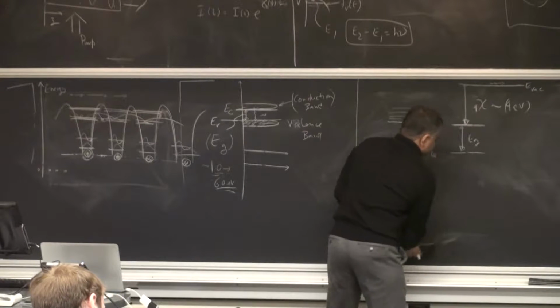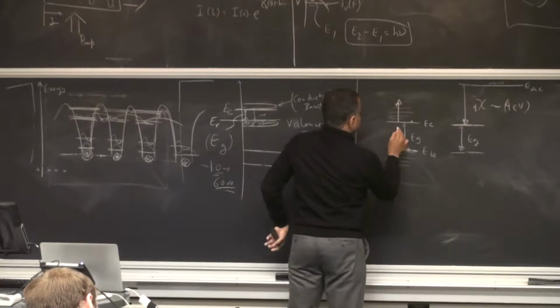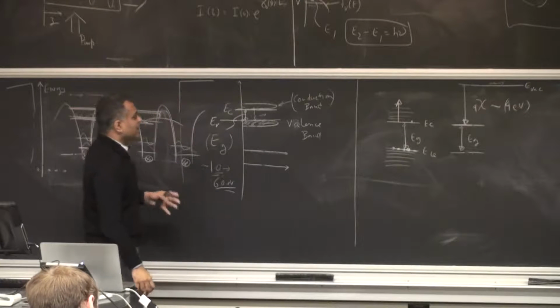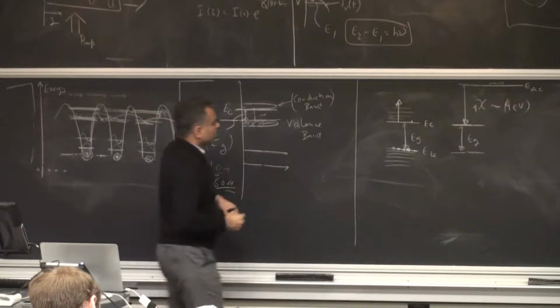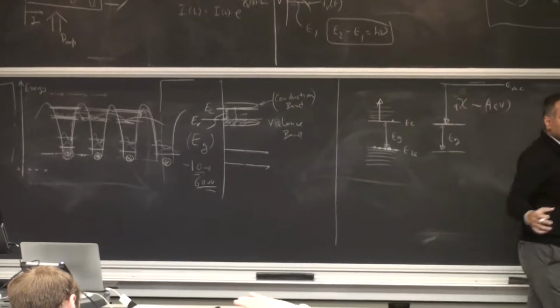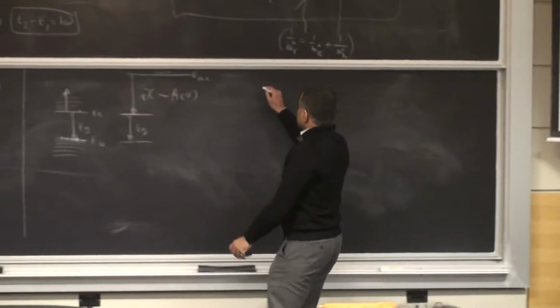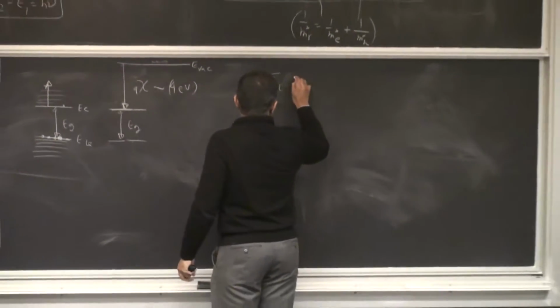Now, what are these manifolds then? Why do the electrons spread out like that? Why do they have a range of energies? Because unlike in an atom where the electron was bound to the atom, now because you have a crystal, the electron can move around. It has kinetic energy now. So as a result, the total energy in a band, let's say in the conduction band,